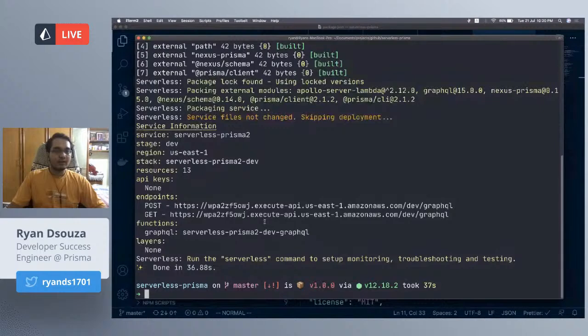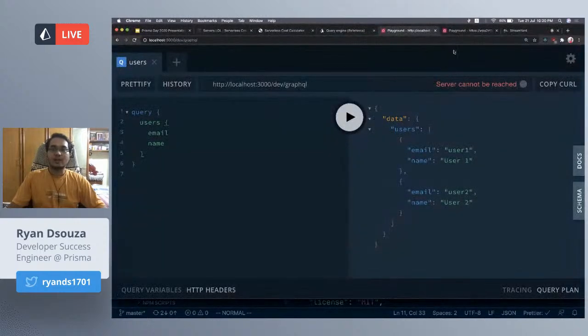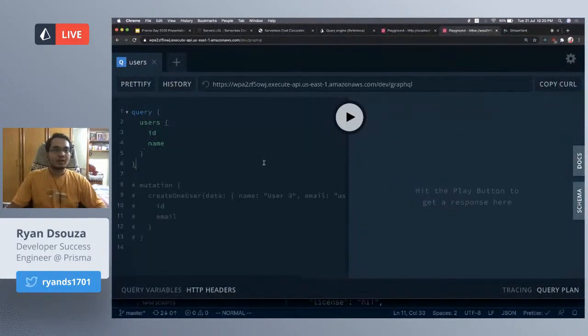So this is done. Let's check out the final endpoint. Here it is. So this is our endpoint that we get from the serverless environment. And whenever you deploy, the URL will always remain the same. It will just get updated. So let's try the query again. And as you can see, I get the same users back because I've used the same database for development and